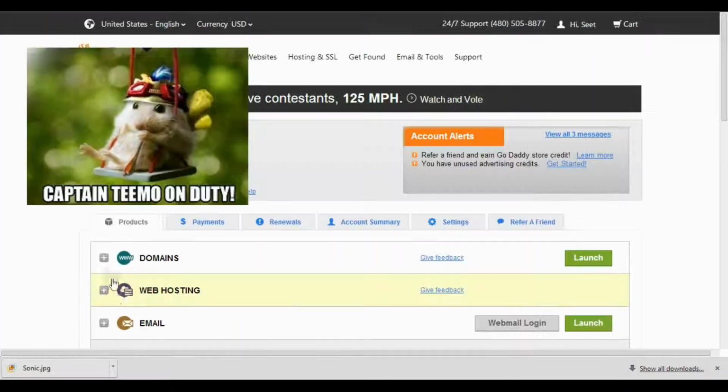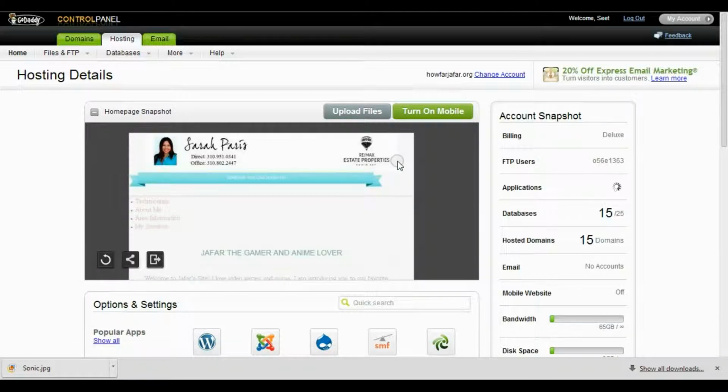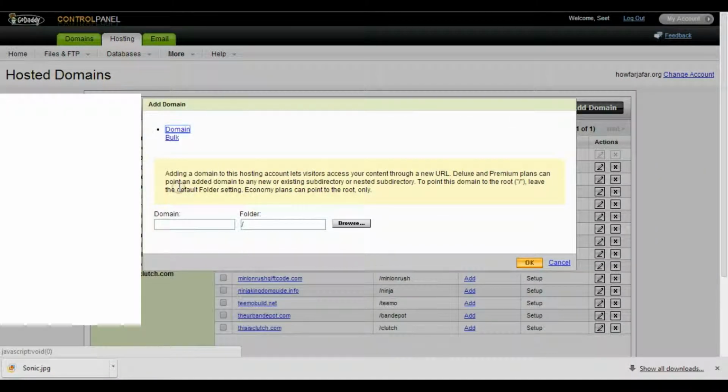So in that case, we'll go to our account and you'll want to look at web hosting. Click on web hosting and then you want to launch it. If this is your first domain that you bought under them, that will be your main domain where you'll be hosting under. So the first thing you want to do is add the domain to your host. So you want to go to more, go to hosted domains, and then you want to add your domain. So it'll tell you what domain you want to add. So in that case, we want to add earn